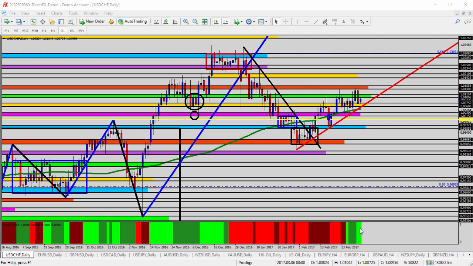Even the Forex Black Book over the past couple of weeks has turned green, signifying bullish momentum. So we have the green Forex Black Book trend bar, the red trend line. If you're going to trade in the direction of the trend, and by the way, we're also above the 100 period simple moving average, you're looking for buys on dips to support